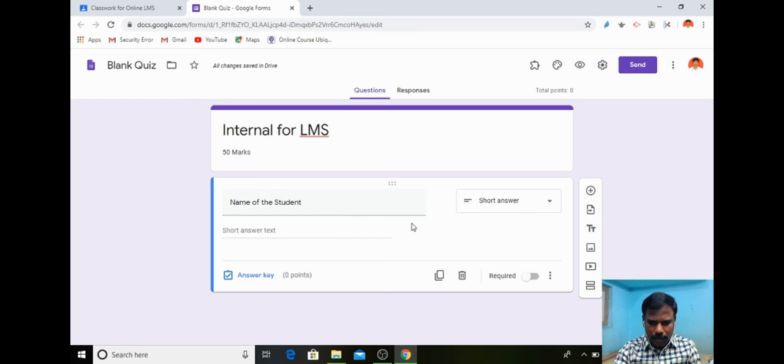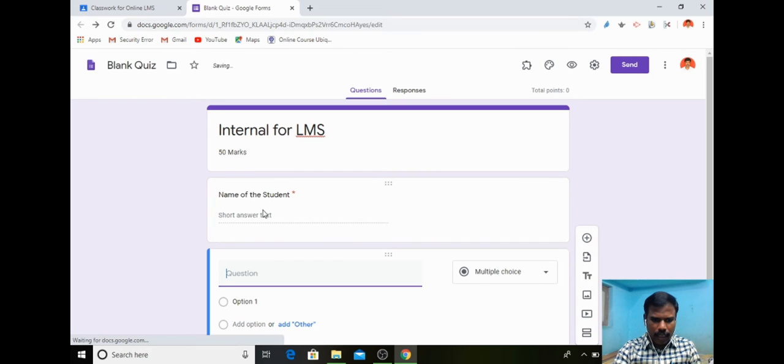And after that I can use these things. For example, I can copy or I can delete it, whether it is an optional question or a compulsory one. If I change it to required, it will be a compulsory one. The students cannot skip this question. And the next one, the three dots are available, whether response validation is needed or description is needed. So I will omit these two and I add another question.